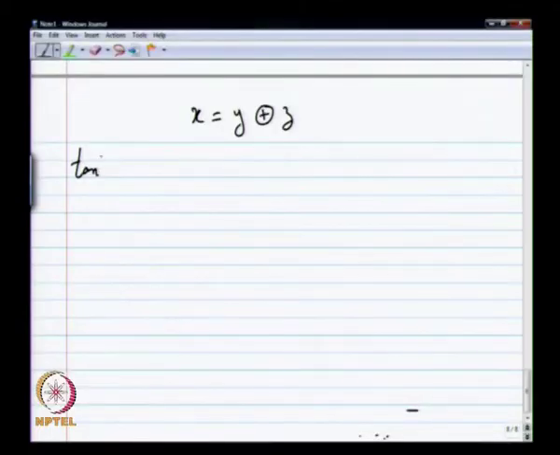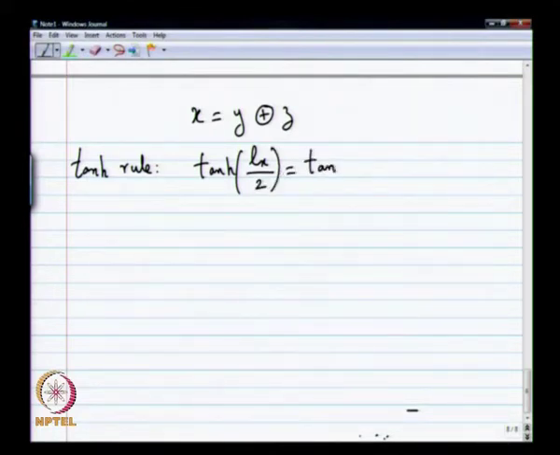If you do that, those three probabilities follow the tan hyperbolic rule, it is called the tan h rule, basically tan hyperbolic of the log likelihood ratio of x by 2 is equal to the tan